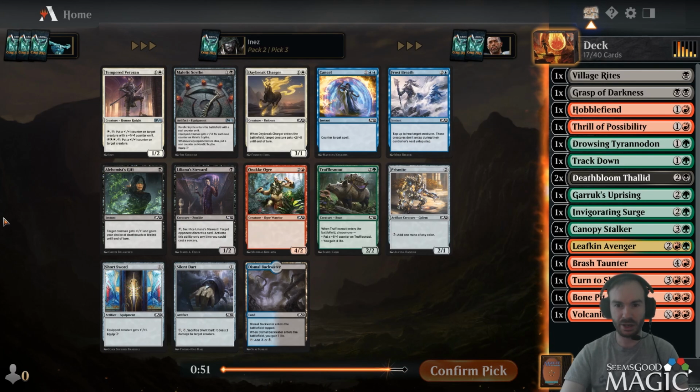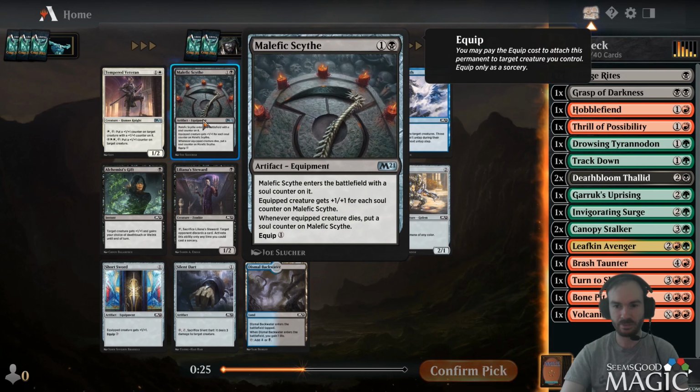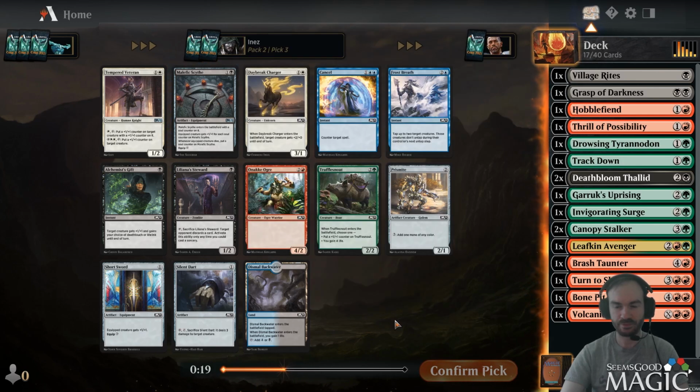Well, scythe would be good for the sack deck. I'm having a hard time knowing what deck to play. This card is cool. It's also good with the Hobble Fiend. Otherwise, we're taking Ogre. The thing about the green is...